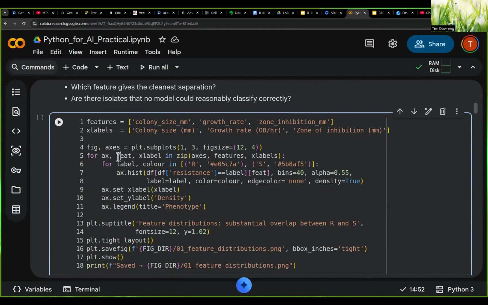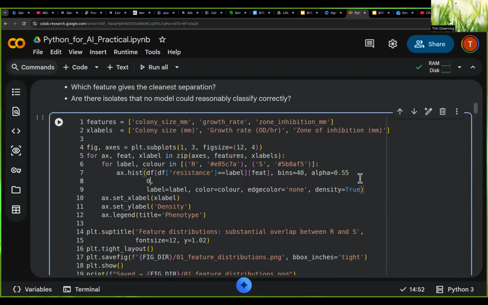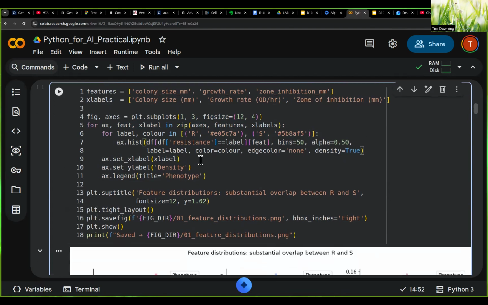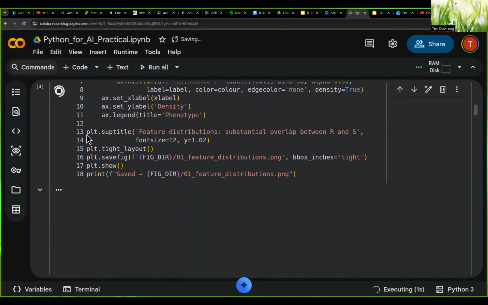And what we're doing is for each of these components, we're trying to color the R and S by particular colors, which are denoted by this hash encoding here, basically red and blue. And then we're trying to bin these histograms to a particular level and a particular level of transparency. So maybe let's make that more transparent, and add some more bins just to make it more resolved. And then we're adding some subtitles on this just to say we're looking at the feature distributions of R and S. So if we run this one, and what we'll see